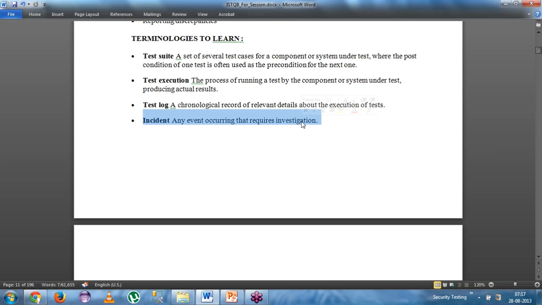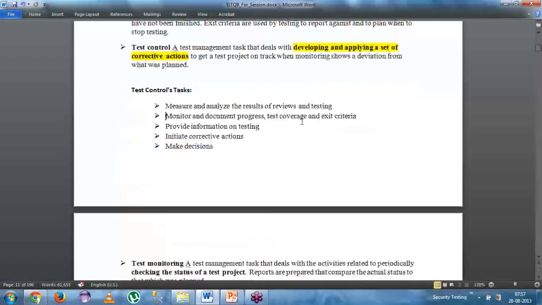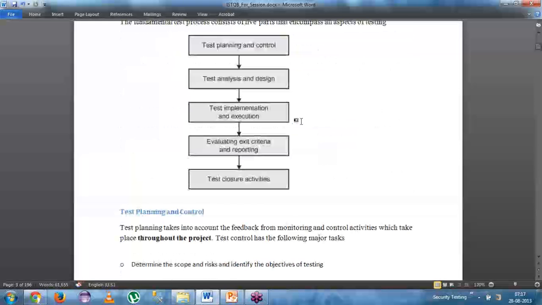which will be further taken for investigation. So we will stop here right now because it would be too much to complete everything in this topic. What we have covered here is that planning and control is done, analysis and design is done. We have also done the implementation and execution. Okay. So before we get into the mock test, team, please feel free to ask your questions if you have any, and then we will kickstart our test